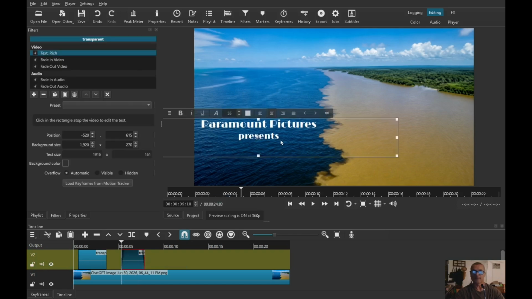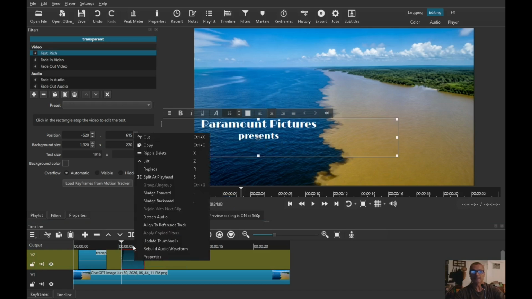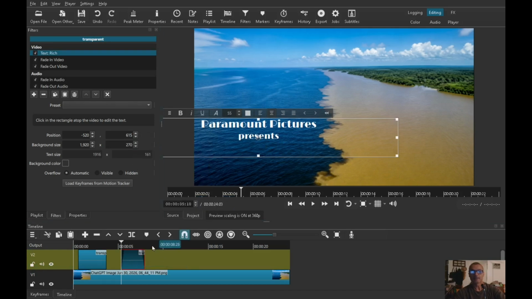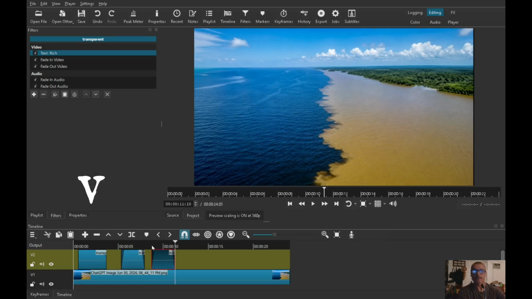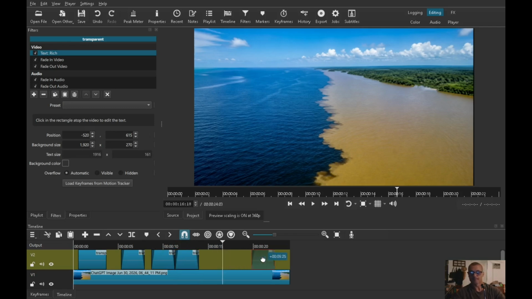Now once we have the font size, the position, let's copy this by right clicking here, copy, and let's hit Control V to paste. And what I found out with Shotcut is that you don't even have to press Control V or Command V. I don't know about the Macs, but on my PC I just hit V and it pastes it. V again, pastes, and V one more time. This is going to be fast,